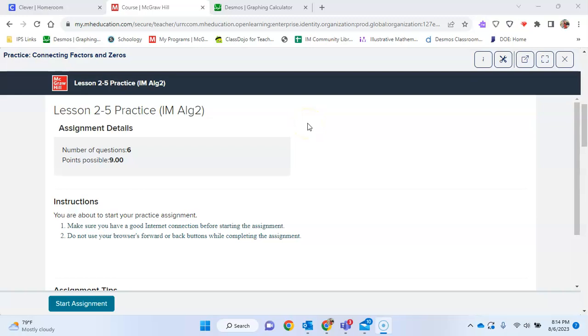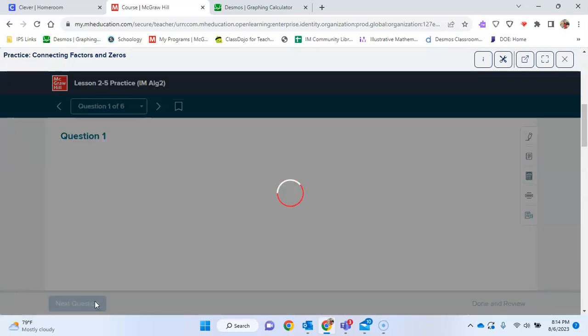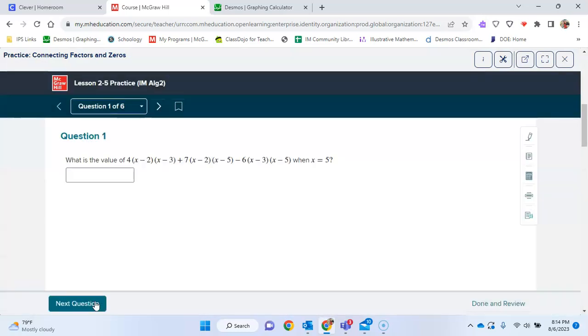Lesson 2-5 Practice, Connecting Factors and Zeros. Question 1. What is the value of 4 times (x minus 2) times (x minus 3) plus 7 times (x minus 2) times (x minus 5) minus 6 times (x minus 3) times (x minus 5) when x is equal